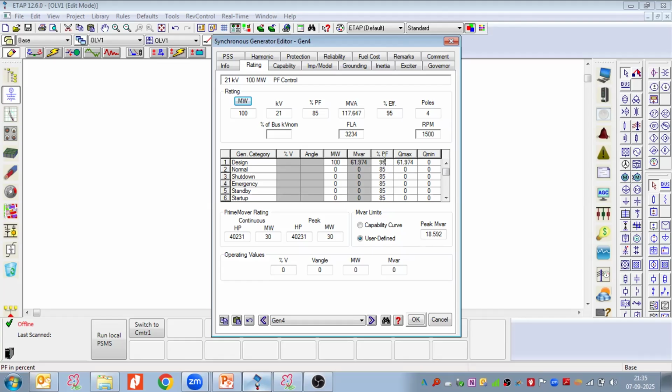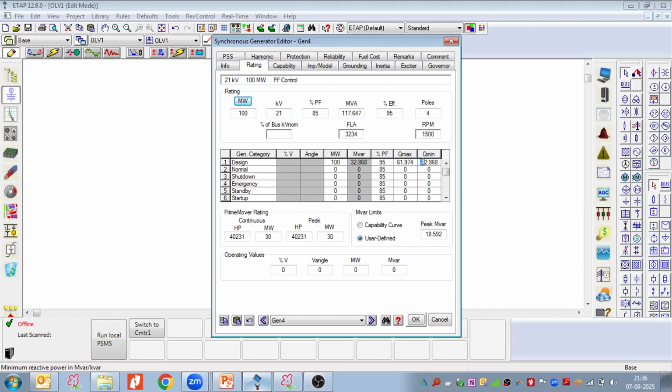and Qmin value again. Suppose I'm taking this 100 megawatt generator, operating at maximum leading power factor of 95%. In that case, the MVAR value is coming 32.868, that it has automatically calculated. So now we have to go into Q minimum, and here we have to put this value. Q minimum value we always have to take as negative